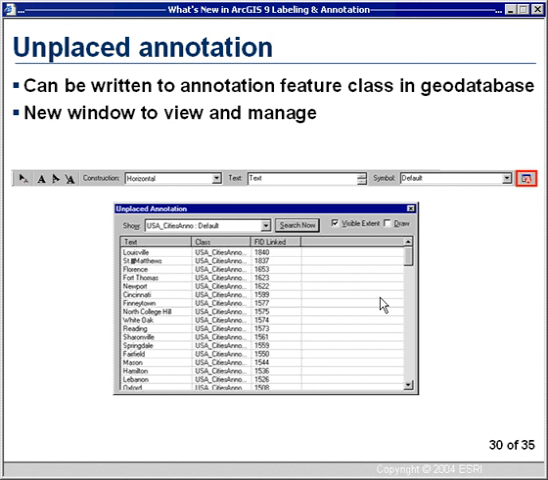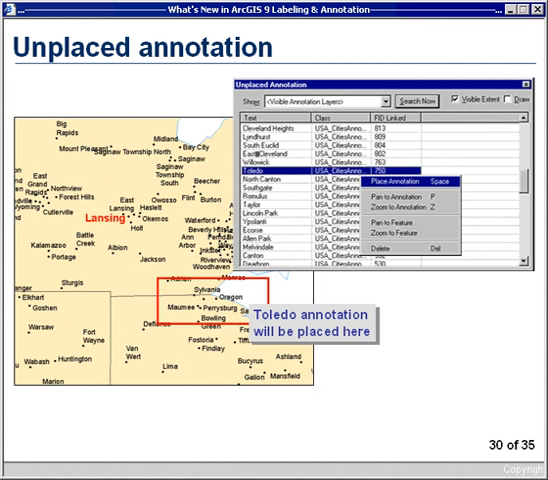When you click this, the Unplaced Annotation window appears. Now, when you first open it, it's going to be empty. There will be no annotation features in there. You'll want to choose the feature class and then also click the Search Now button, and it will populate. You can work with each piece of Unplaced Geodatabase annotation by using the right-click context menu in the Unplaced Annotation